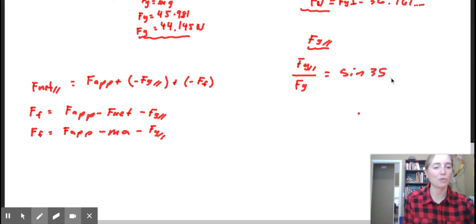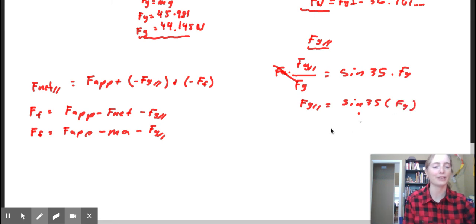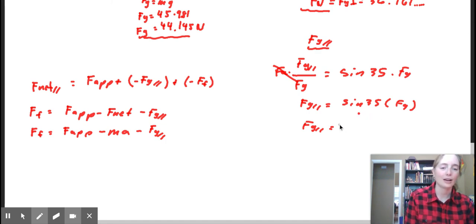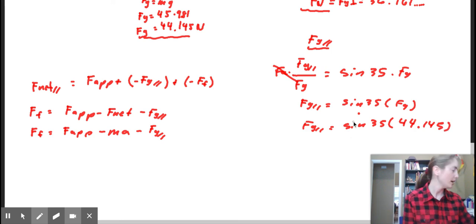So we're just going to multiply that FG out on both sides, and we're going to wind up with FG parallel equals sine 35 times our FG. So once we solve for this, sine 35 times our 44.145 is then going to equal